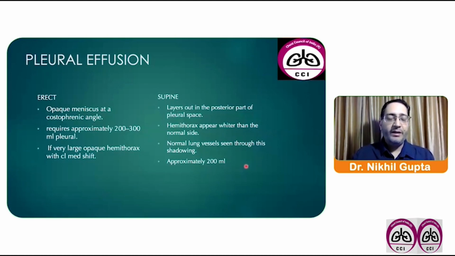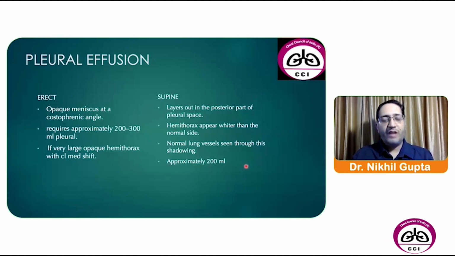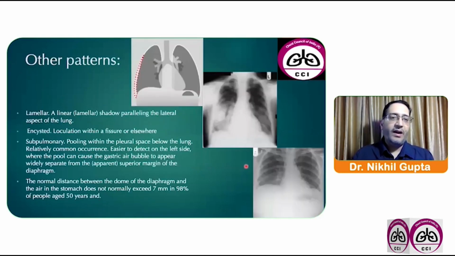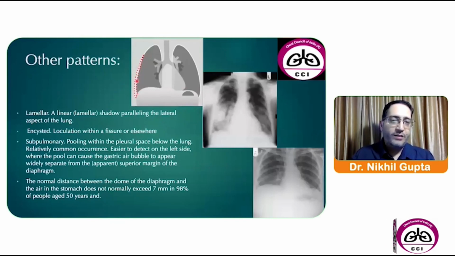Then coming to supine. On supine chest X-ray, the pleural fluid layers out in the posterior part of the pleural space and the hemithorax appears wider than the normal side, and normal lung vessels can be seen through this shadowing. Approximately 200 ml of fluid is required to detect it on the supine X-ray. Other patterns are lamellar, where the shadow appears parallel to the lateral aspect of the lung, encysted, localization within a fissure or somewhere else,